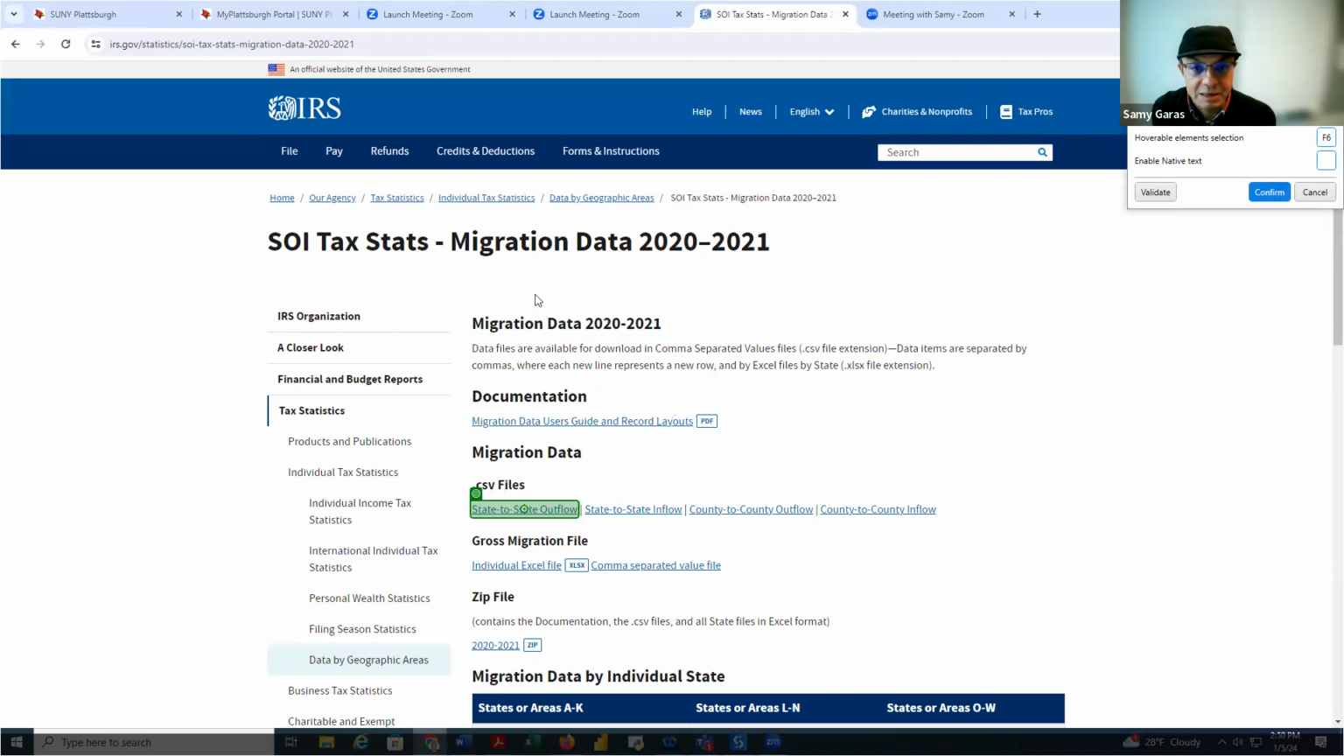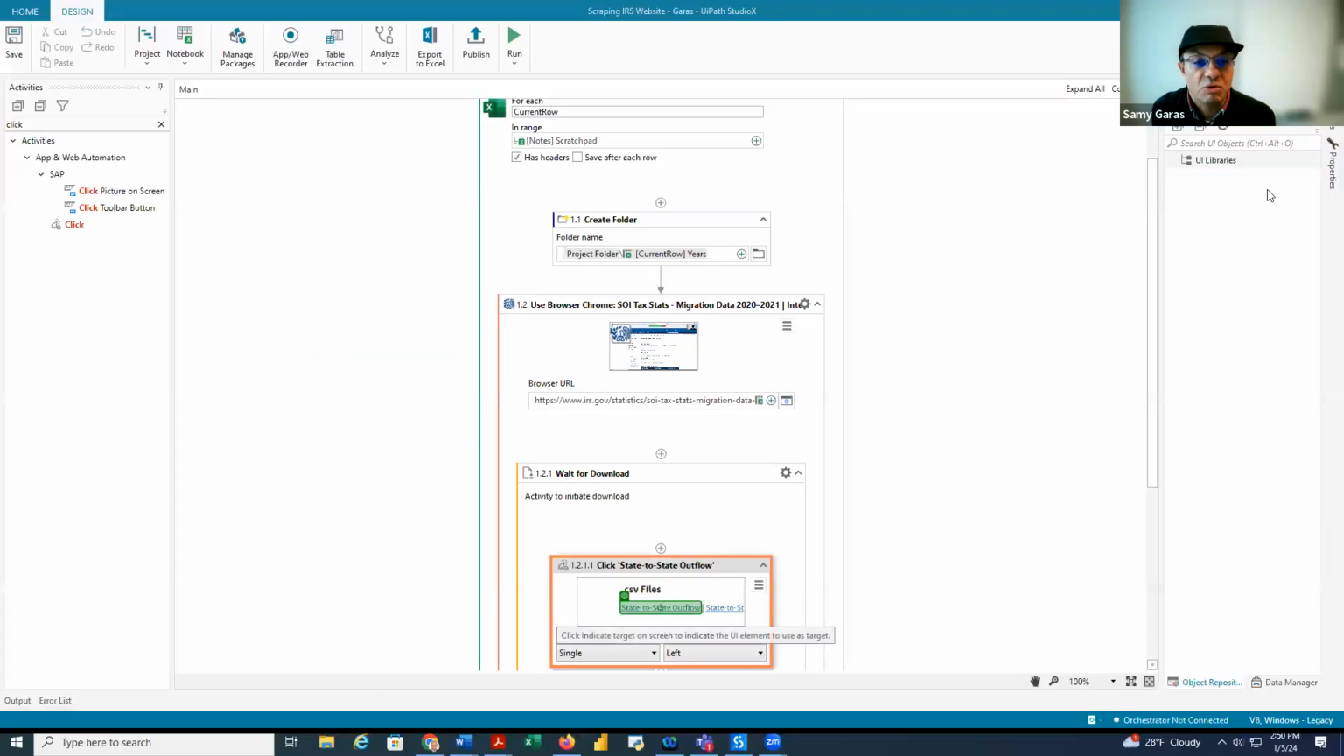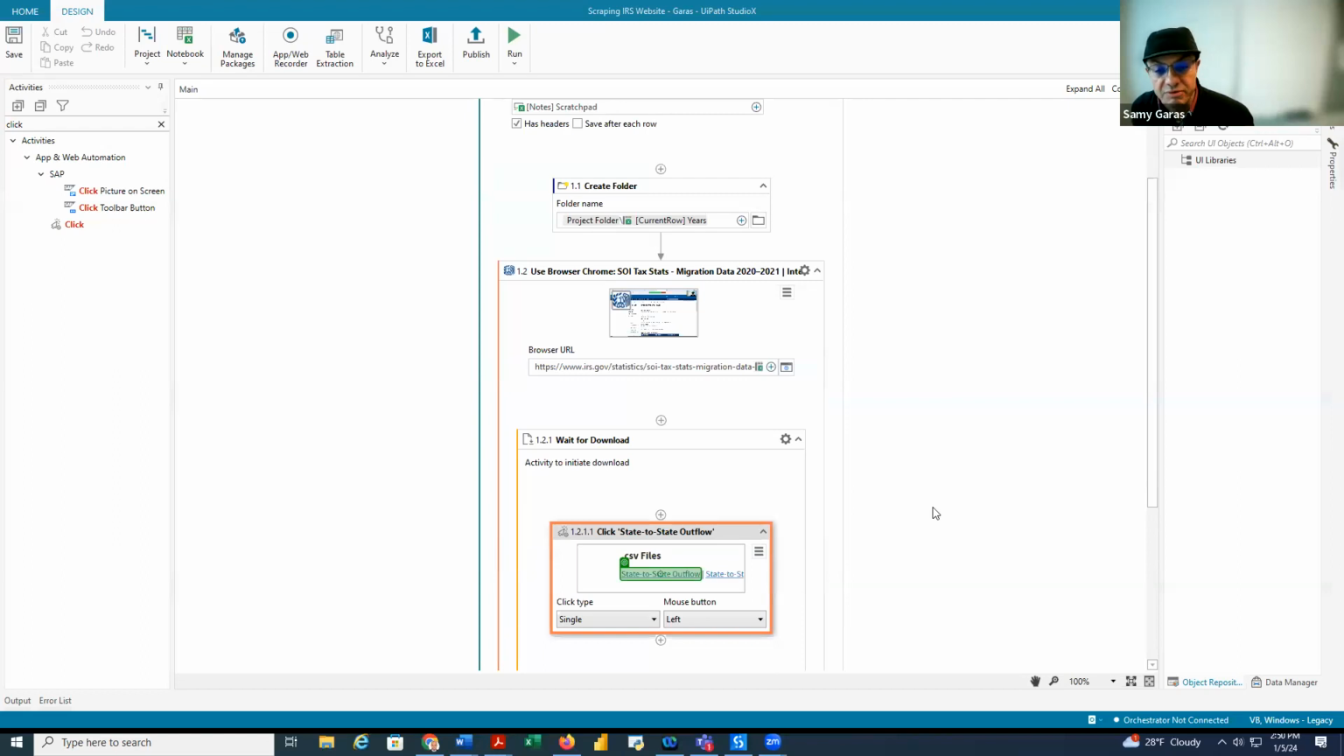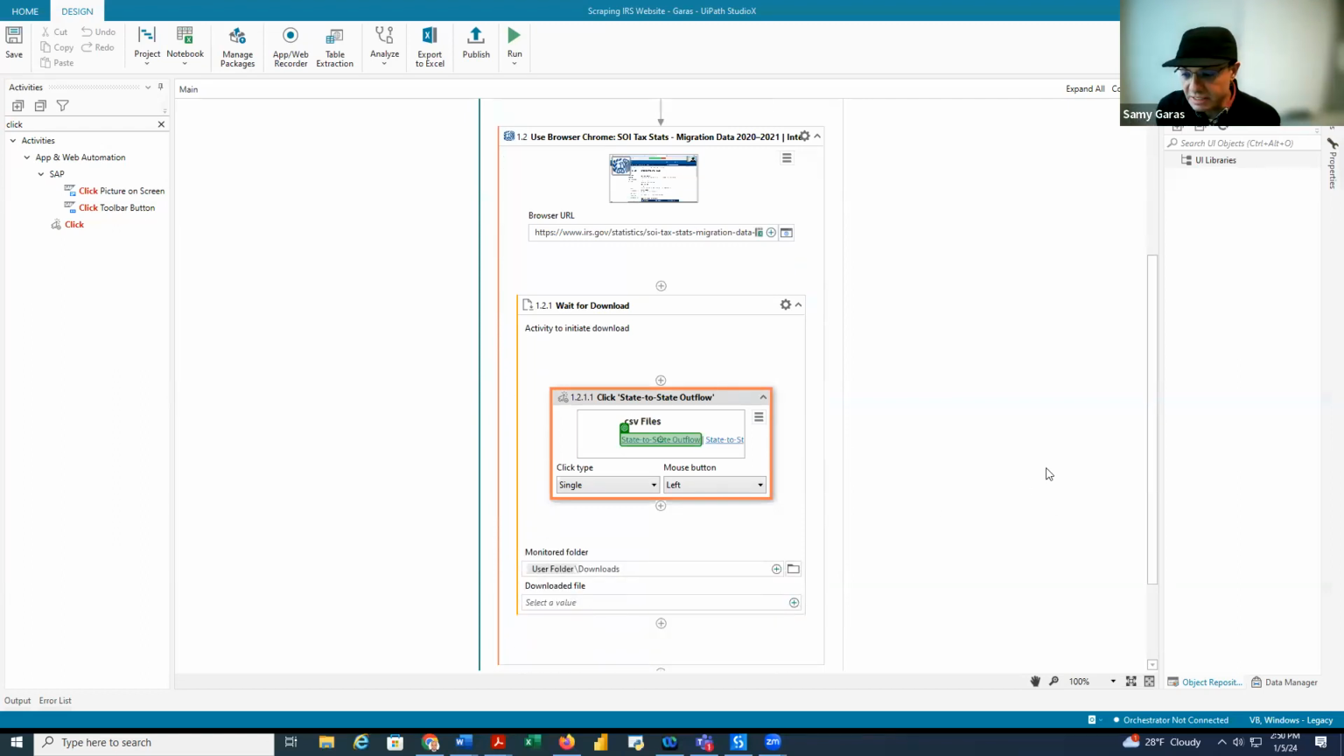As you can see here, the moment you move your mouse, other areas can be selected, but I don't need to press any other area. It's only state to state outflow, and then confirm. And to make sure that you are going the right way, it should be this way, CSV file, state to state outflow. And now you can see here, it will download the file under the user folder downloads,